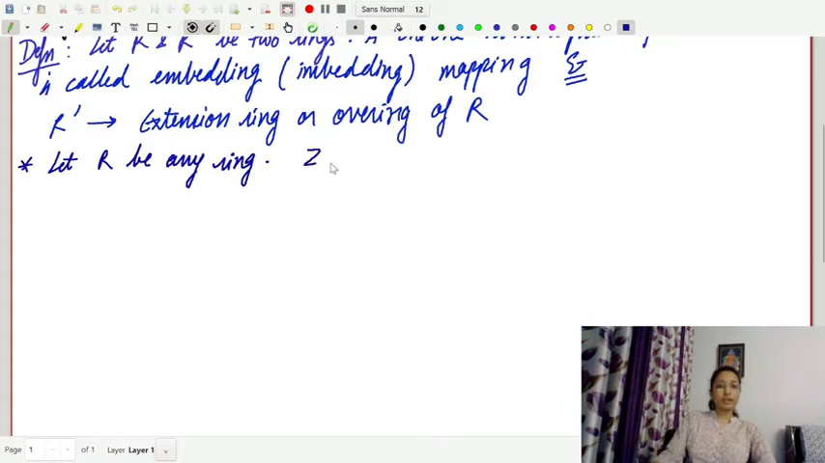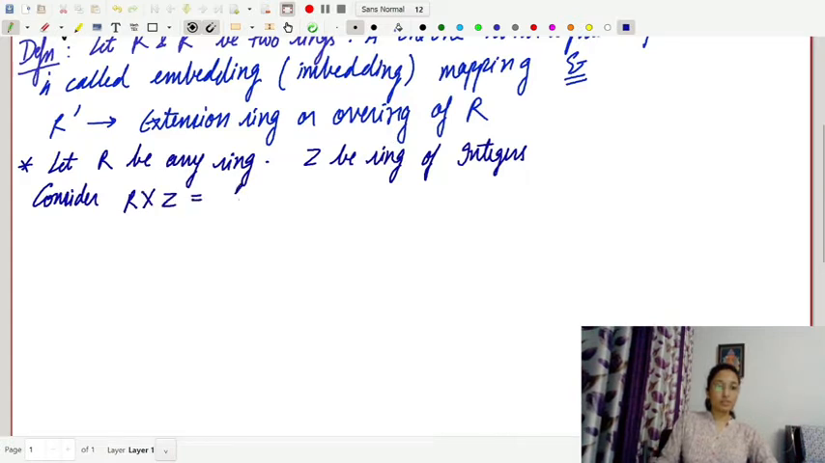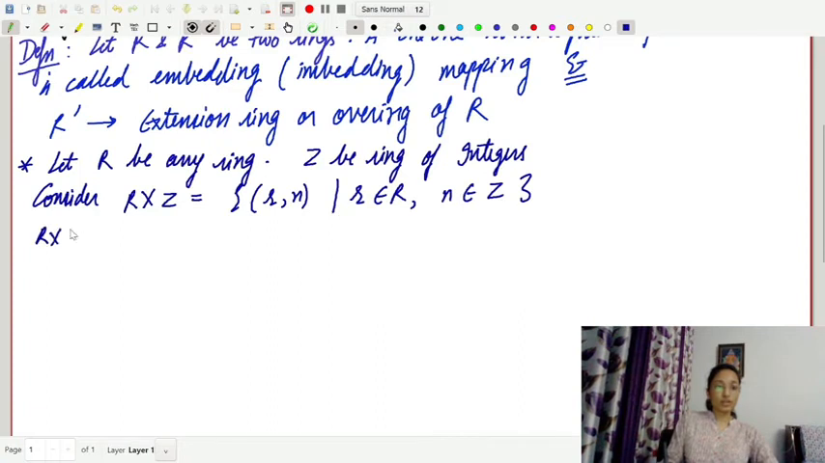Now let R be any ring and Z be the ring of integers. Consider R cross Z equal to the set of pairs (r, n), where r belongs to R and n belongs to integers. We will now show that R cross Z is a ring with unity